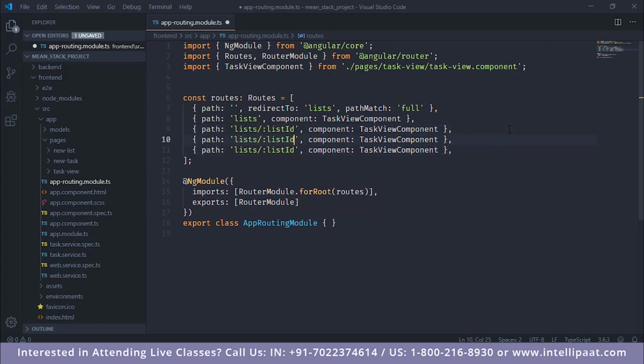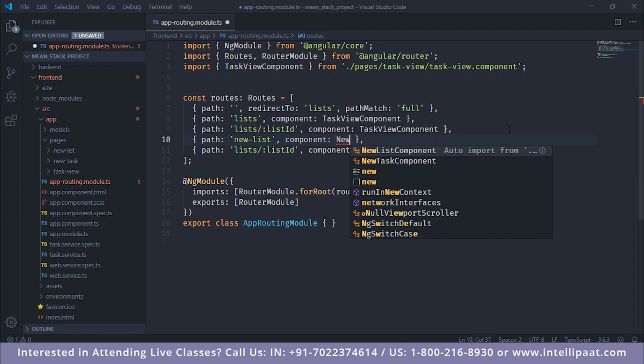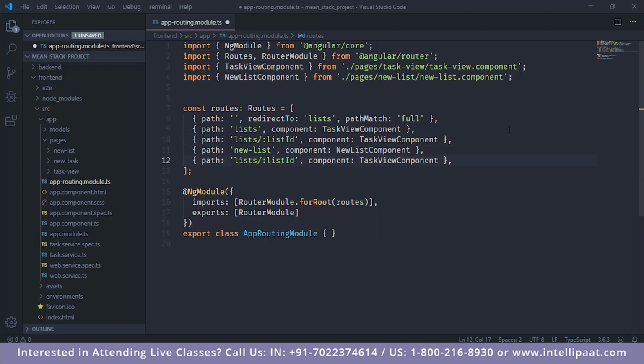So when we navigate to new list, it should display the new list component, and the new task component would be when the user clicks on a list and then clicks on a task. So that list with the list ID and then new task. This will show the user a new form with the list ID inside the URL, and when the user adds a new task, it will be added to the list with the list ID that is passed as part of the URL. And for that we need to use the new task component,